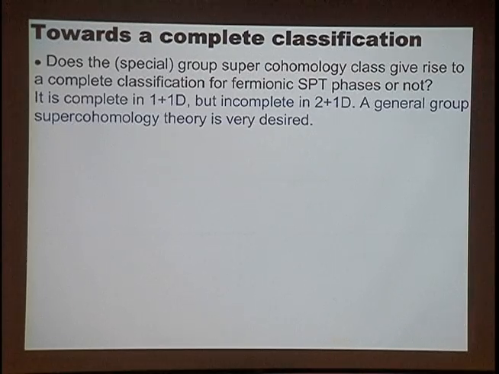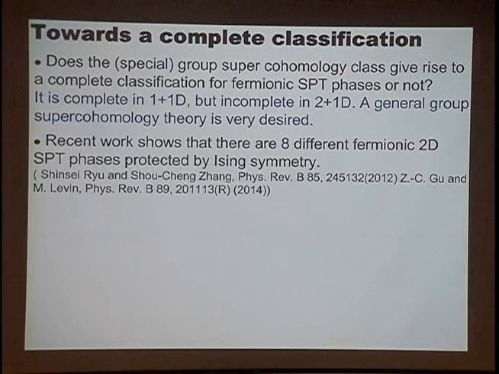Okay, so we currently have something in progress in 1+1D. We know this special super cohomology construction is complete, but it's still incomplete in 2+1D. And Cheng also mentioned that with Ising symmetry in fermion systems there are 8 phases. Currently we only find Z4, the 2 bosonic ones and the 2 fermionic ones with ±i coefficient. Actually, you can